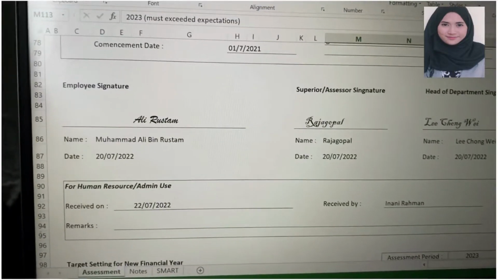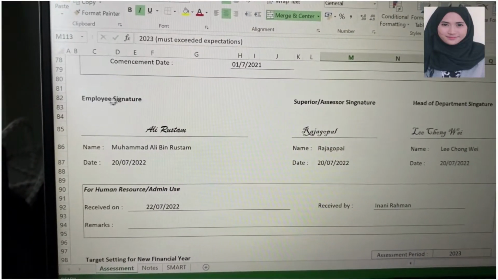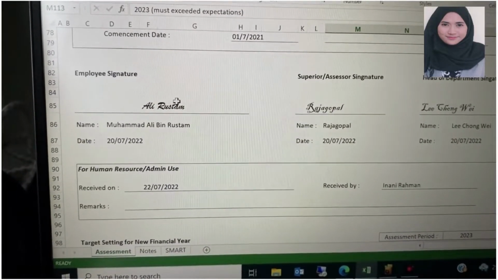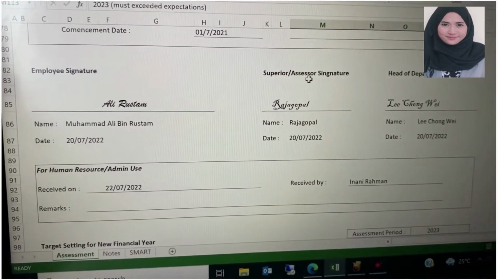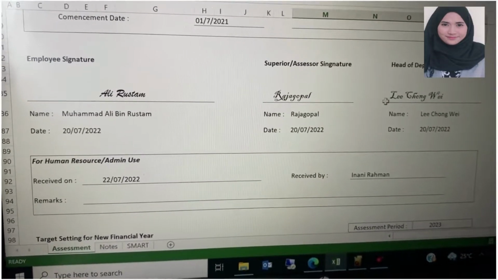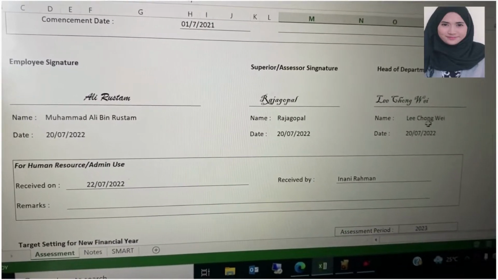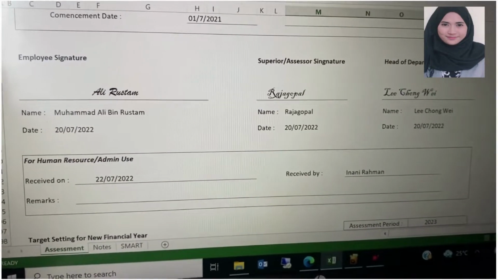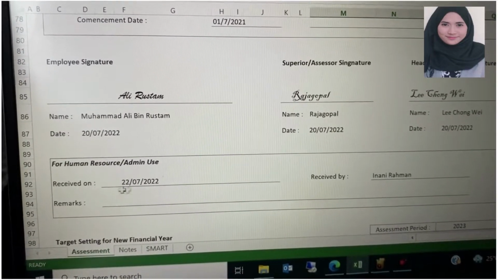Okay, so last but not least, this one is the employee signature, which is signed by the employee, Ali, and the name of the employee and the date. And then this one is the superior's signature, name of superior and the date also. And this one is signed by the head of department, name of HOD, and then the date also. So the last part is filled out by the human resources,